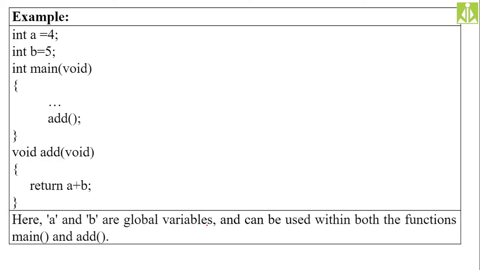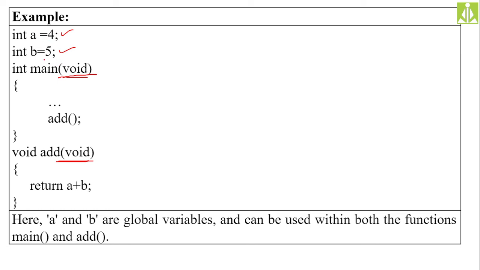We need to discuss these global variables with a program demonstration. As you can see over here, I have declared two variables, same as in your previous program, a comma b, but these declarations I am doing outside of all the functions. This is my main function, and this is my add function. I am doing the declaration of a and b before main and before add. I'm not making a and b part of any function. So we will see how they affect our program.